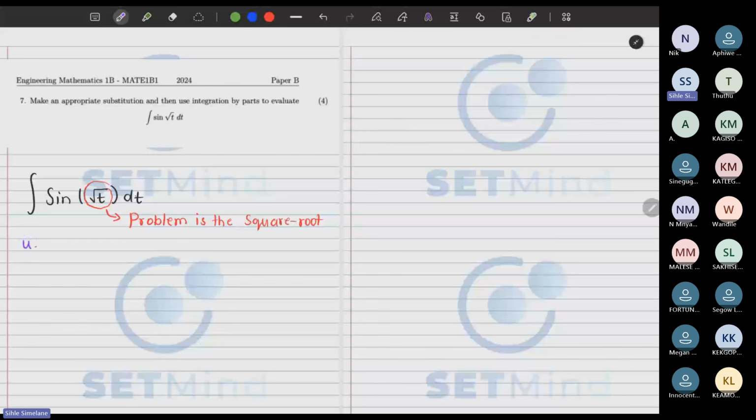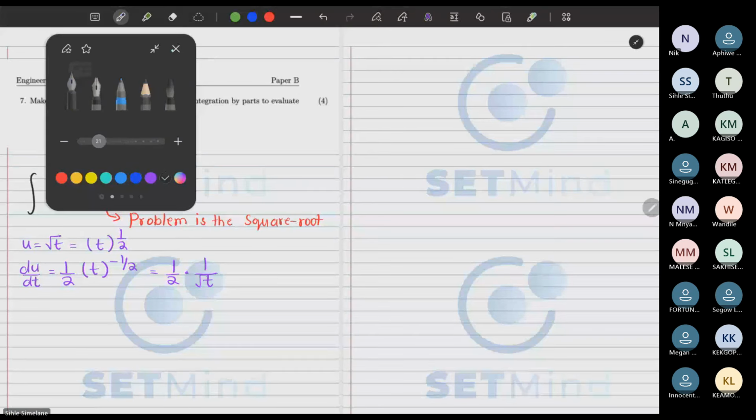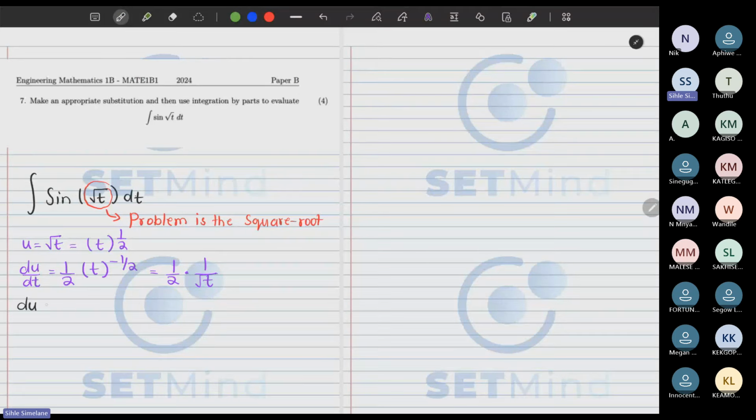So we'll try setting u to be square root of t. And as you know, you need to go and derive u with respect to t. Remember that the square root here is the same as t to the power of a half. So when you derive, you end up getting a half times t to the negative 1 over 2, which will be 1 over 2 times 1 over square root of t. So our du becomes 1 over 2 square root of t